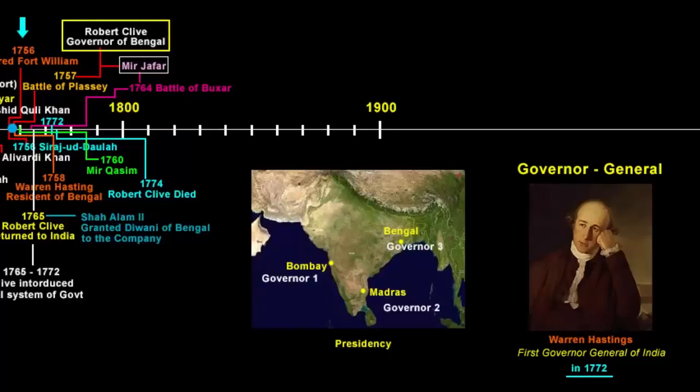Moments back I said Warren Hastings became the Governor General in 1772. Actually it was 1773. I missed it by a year. In 1771 he was appointed as the Governor of Bengal, just like Robert Clive was the governor, so I apologize for that. By now we know that the major part of the company's rule in India was divided in the form of presidencies. They are Madras, Bombay and Calcutta.